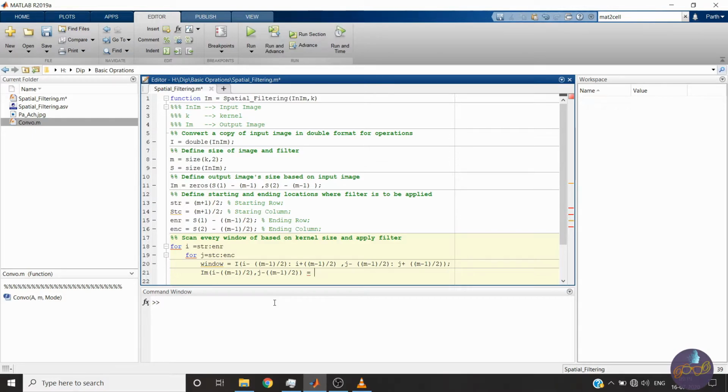Now here we will multiply our window with our kernel and then we will take the sum, because we have already been given a kernel which is weighted. So here we will not divide it. We have directly divided our kernel, so we will take just the sum.